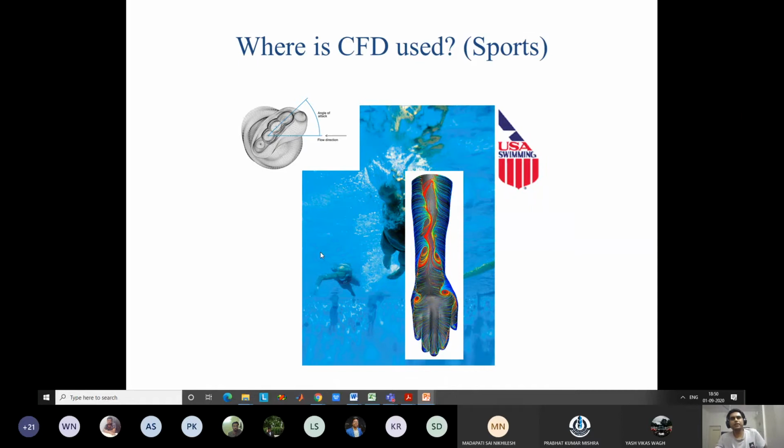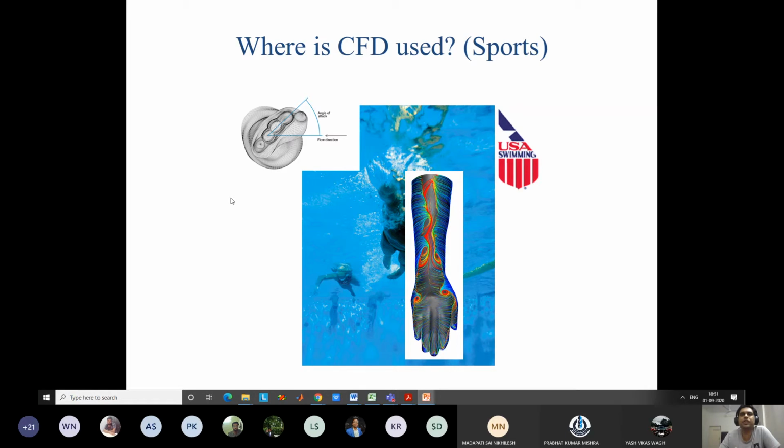Similarly, in the last few years, sports has also become a very important industry for CFD. Previously it was not so. Previously, the entire development in sports was based on empirical study. Say you are an athlete, you are running, and by practice you improve. If you try new shoes, you see whether you can improve the timing of your running. If you are a sprinter, you can say that with these new shoes I am improving, or whether with a new swimming costume you are improving your swimming time or not.